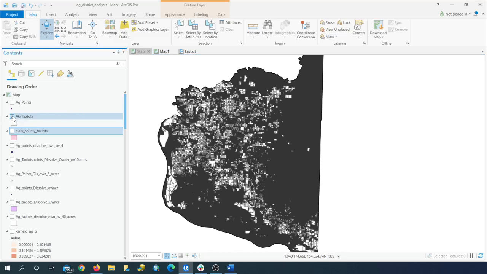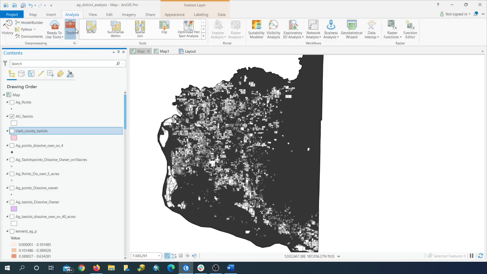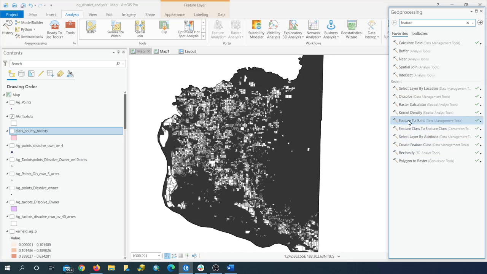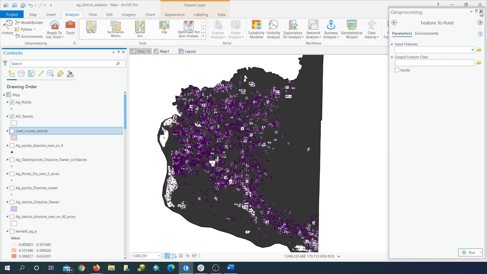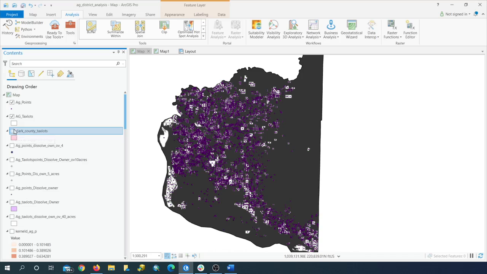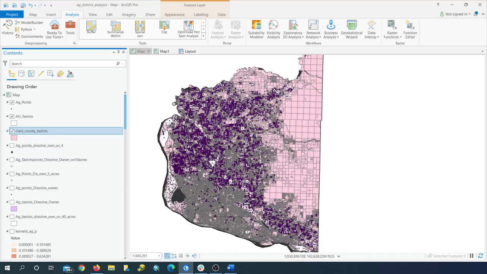So this is the ag tax lots. These are the only ones that I found with ag in the initial verification phase that I did. And then the first tool that you're going to want to use is feature to point, and that will be your ag tax lots. I already did this step, so it's just going to be this. So the next thing you'll do is we're going to go to Clark County tax lots,